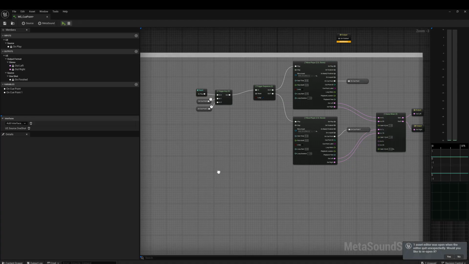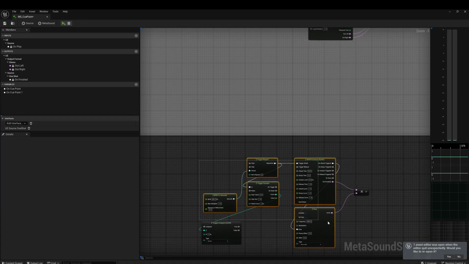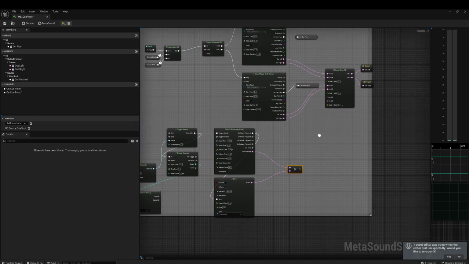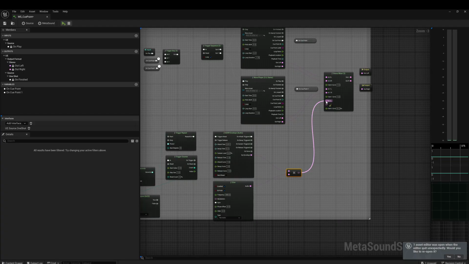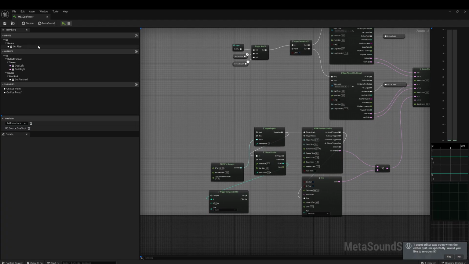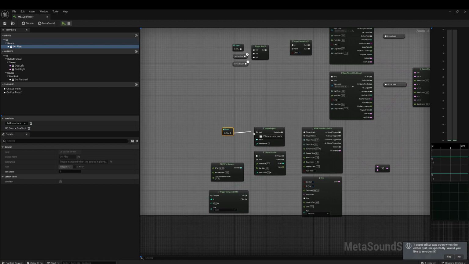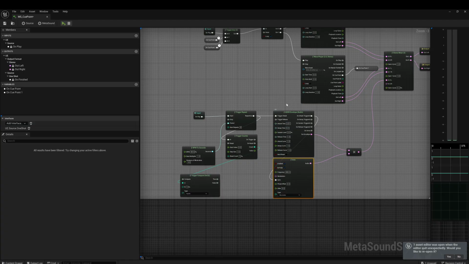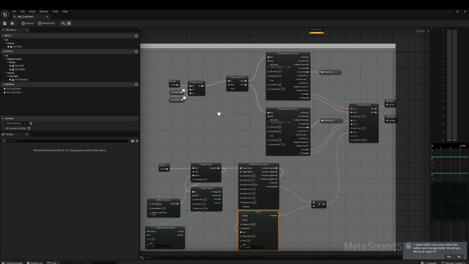So to show you that, I've created a little metronome here. This is just a trigger repeat that's going to start on play, set to 80 BPM, and this is just triggering a sine wave with a very short attack time. So now when I